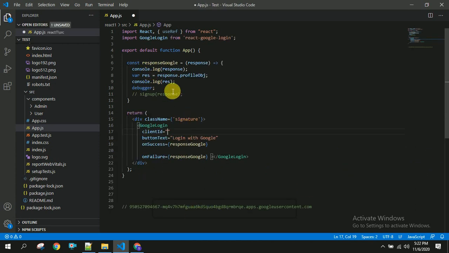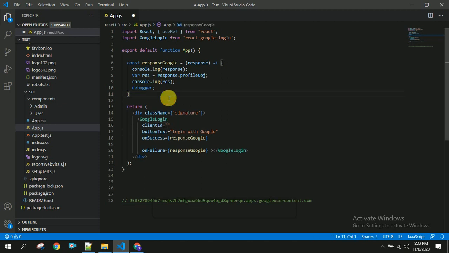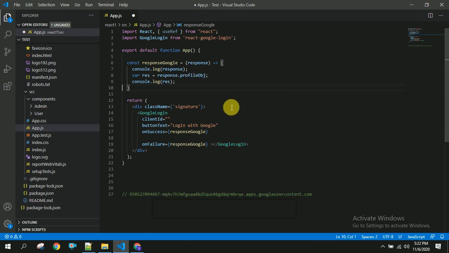Now I have the predefined code here, and I am sharing this code with everyone so that everyone can easily copy paste it. Basically we are importing GoogleLogin here from react-google-login, and we are using this GoogleLogin here. On success, responseGoogle will be executed. On failure the same thing will be executed.